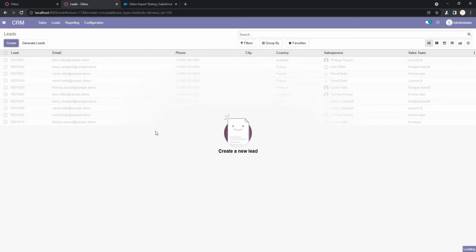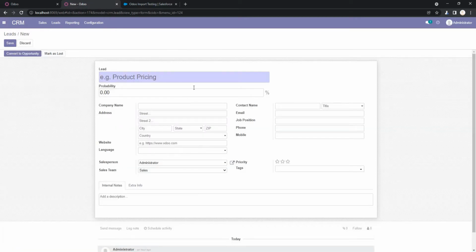Okay, so I just click on the create button and I just put in all the dummy information, and specify some lead related information.